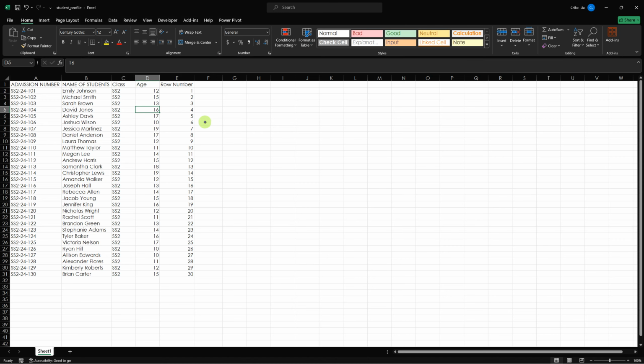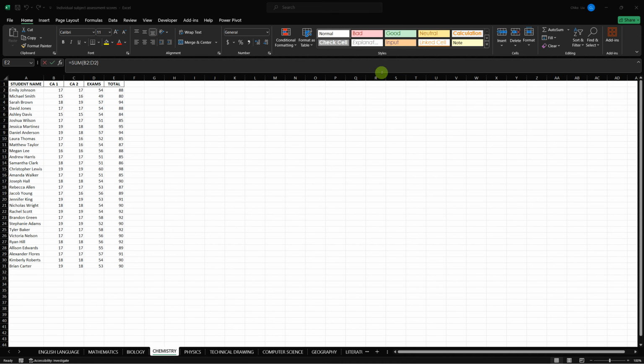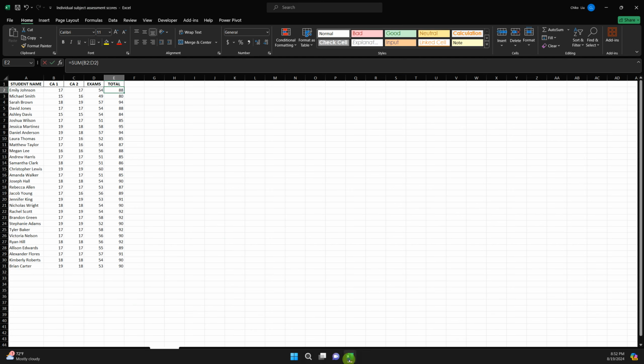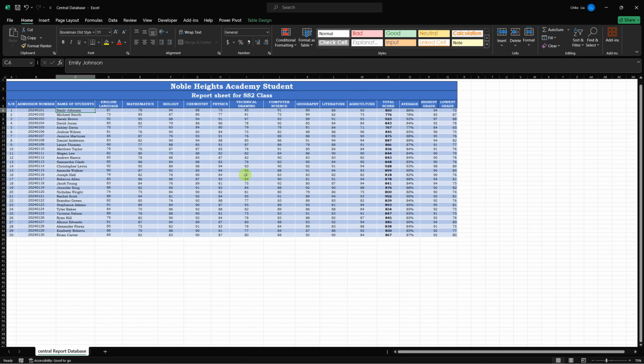I'll just save. So the next thing I also want to do is to connect this assessment score with my central database. That's what I want to do. And so in order for me to do that,